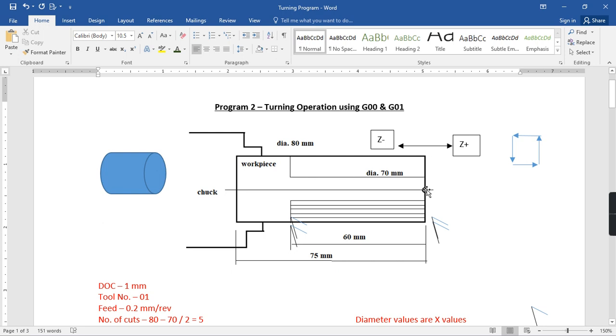So if this is Z0, X is 0, then they may call it as X40 because it's a radius. In that case they will write X minus 1 they may write, or they may write in terms of radius 39, 38, 37, 36, 35. Or directly you can have a minus 1 each time depth of cut.